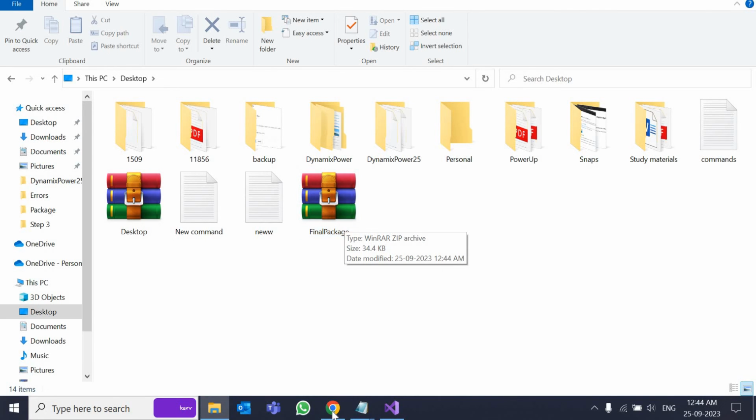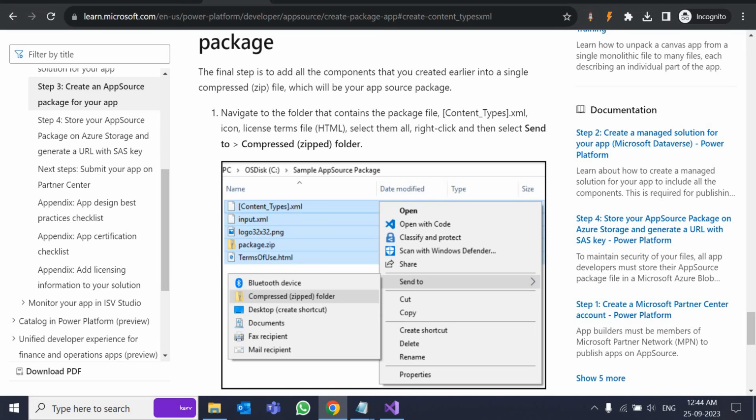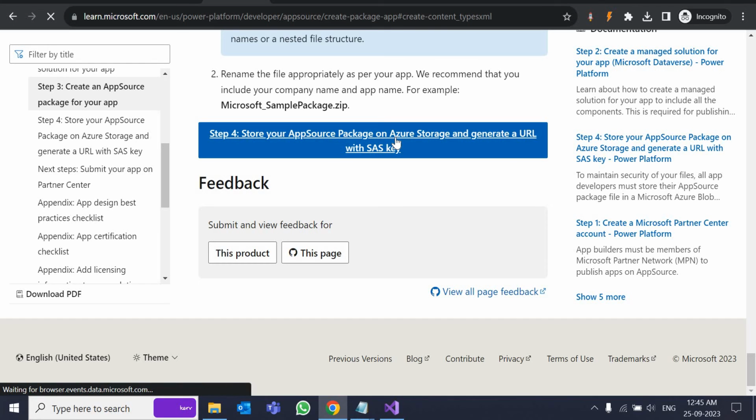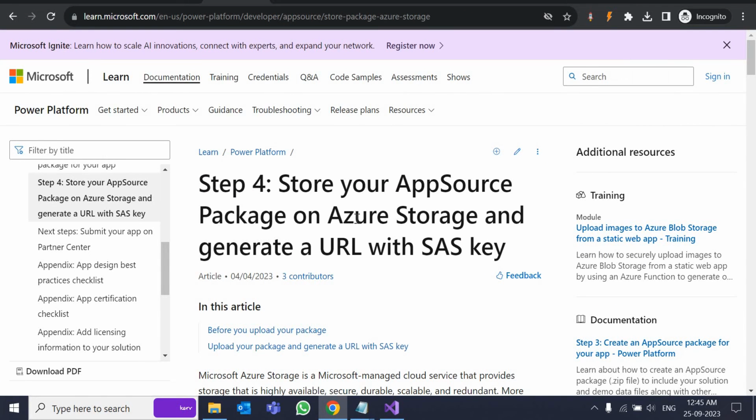Okay, now let's see what the next step is. The next step says: store your app source package on the Azure storage. So to maintain the security of your files and your app, we need to store it in the blob storage, and we need to create one URL first, and with that URL only we are going to share it with the Microsoft partner account, so that they'll access it, download it, and then